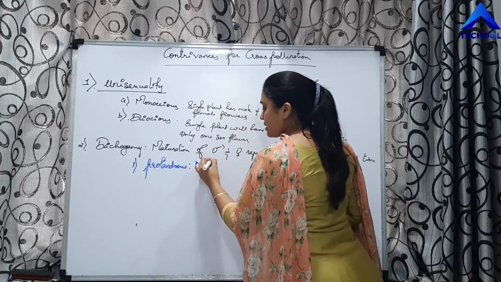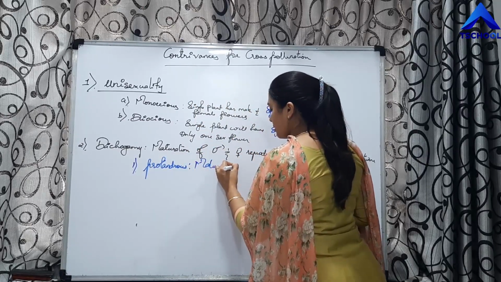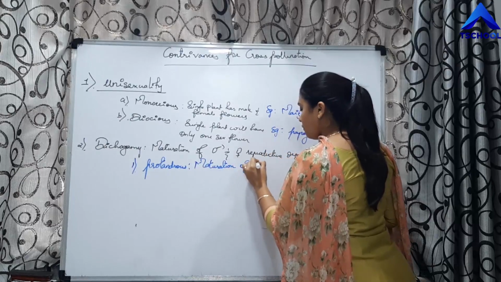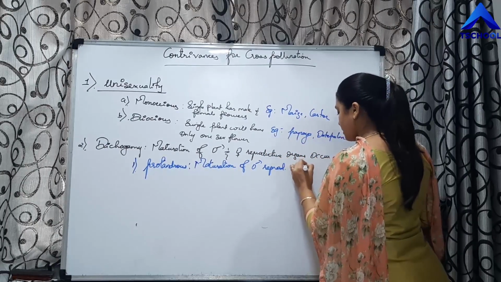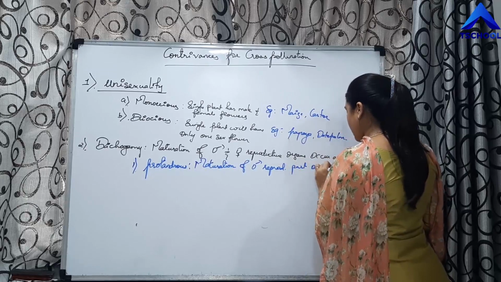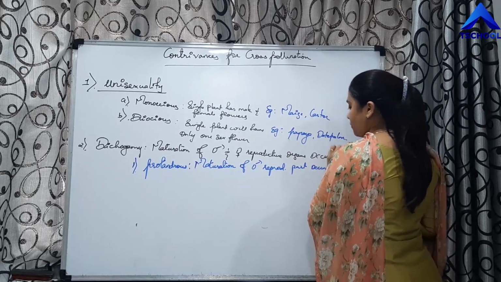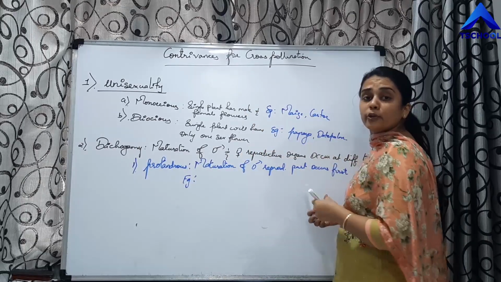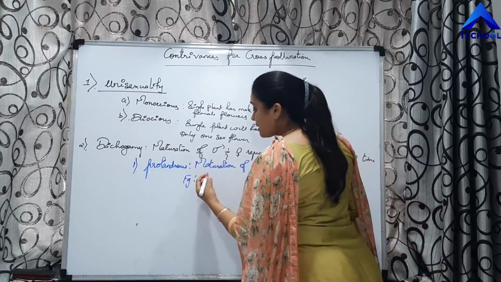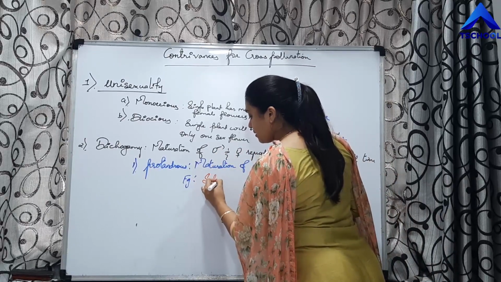What is protandrous? That is maturation of the male reproductive part occurs first. Examples of protandrous flowers are, say for example, salvia,